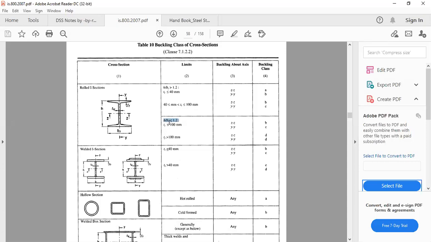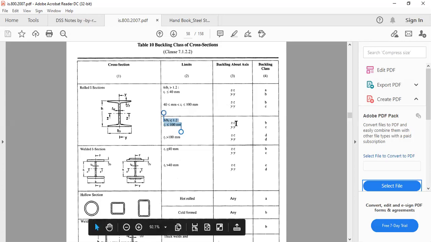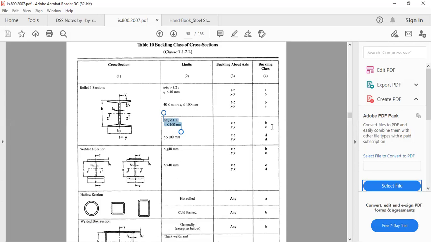Now here it can suit our value, with respect to the least value. Now with respect to ZZ and YY, which one is the least radius of gyration? It comes under IYY, that is RYY. So our buckling class is going to be under buckling class C. This is what we have decided right now. So first of all,